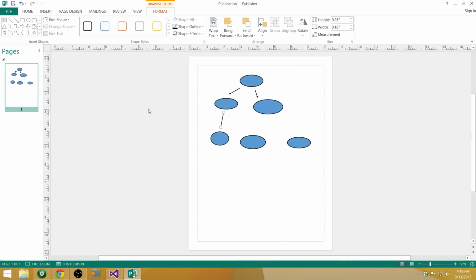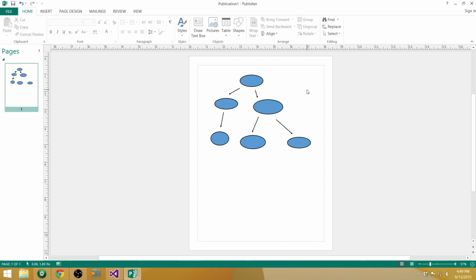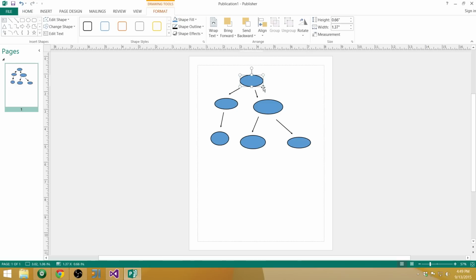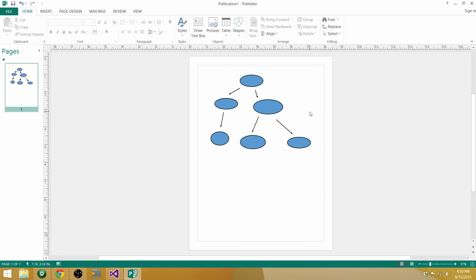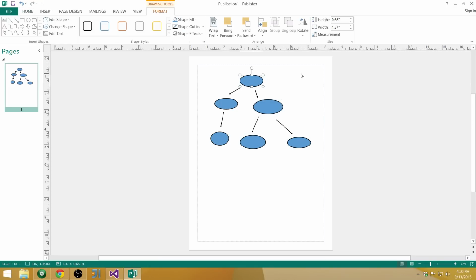So if you notice what's happening here, this is a rough idea of a tree. You'll notice this guy's the root, the parent of all entities. This guy has two children that he is linked to, and then these are linked to one child and two children, respectively. Now, the root is implied